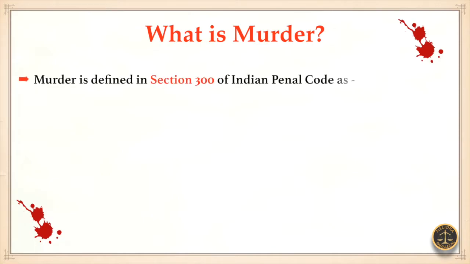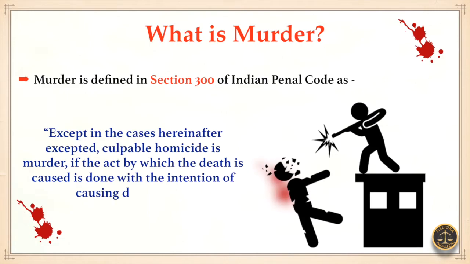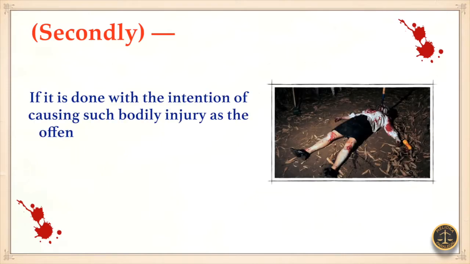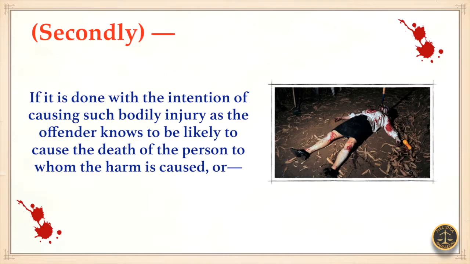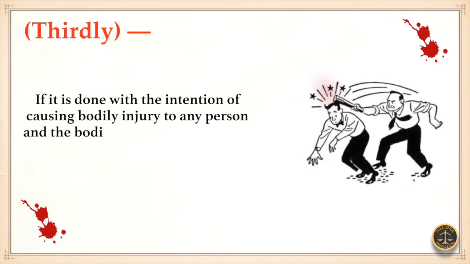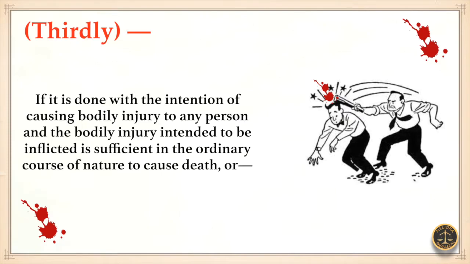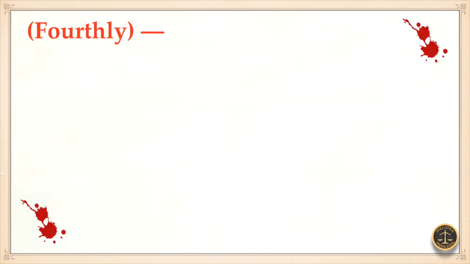Further, murder is defined in Section 300 of the Indian Penal Code as: except in the cases hereinafter excepted, culpable homicide is murder if the act by which the death is caused is done with the intention of causing death, or if it is done with the intention of causing such bodily injury as the offender knows to be likely to cause the death of the person to whom the harm is caused, or if it is done with the intention of causing bodily injury to any person and the bodily injury intended to be inflicted is sufficient in the ordinary course of nature to cause death,